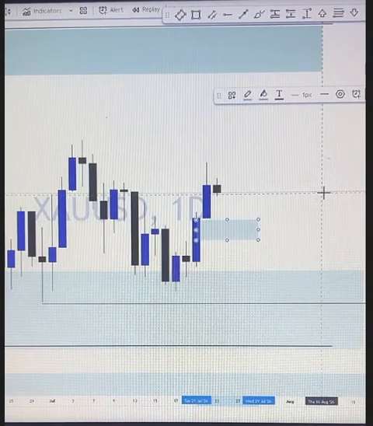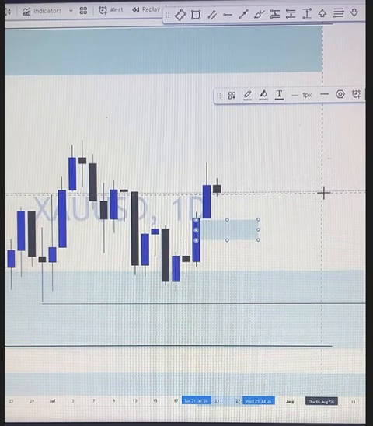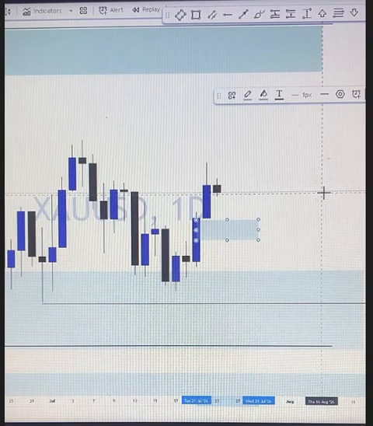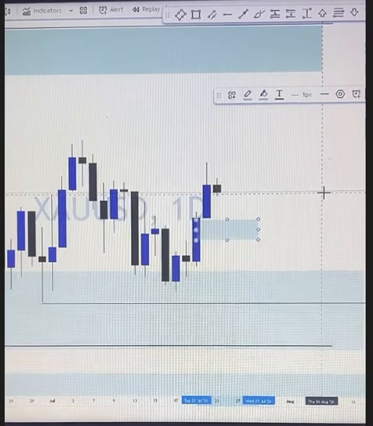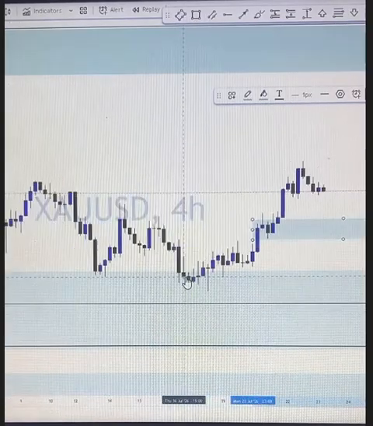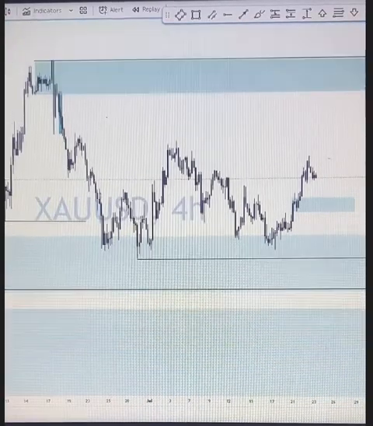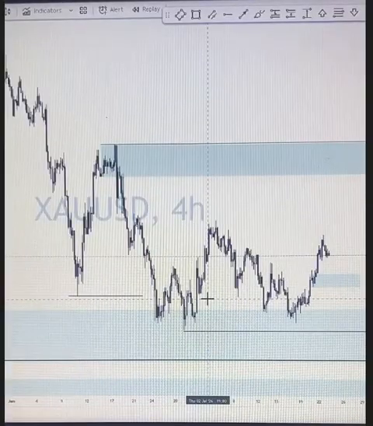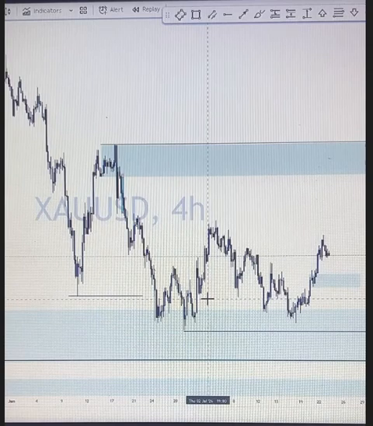All right. Now, what do we do next? Fair value gap aligned with breaker block. Kenzie, thank you very much. Yes, the fair value gap aligned with breaker block. What do we do next? All right. We drop to 4 hours. Now, on dropping to 4 hours, what do we do next? Anybody?